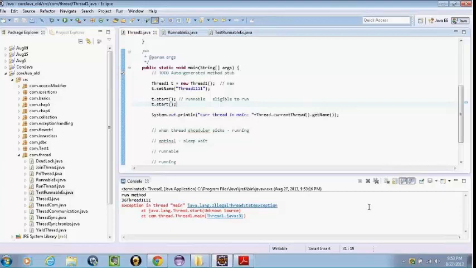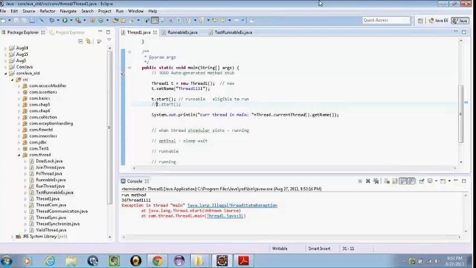Neha? Yes, Shani? How to determine what to use? I mean, when to use the runnable and when to use the class? Only if you are extending another class for a desired class, only then we have to use the runnable, because once we use the extend keyword, then only implement is remaining. So is that the only